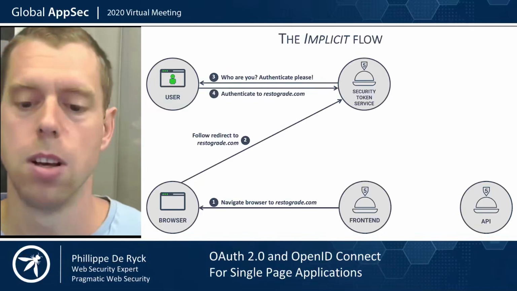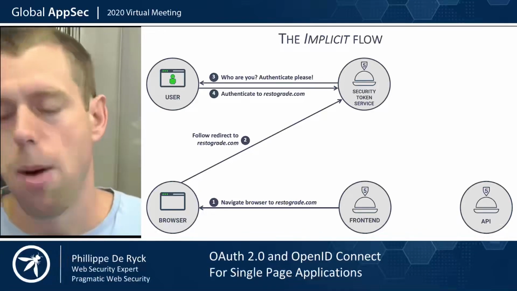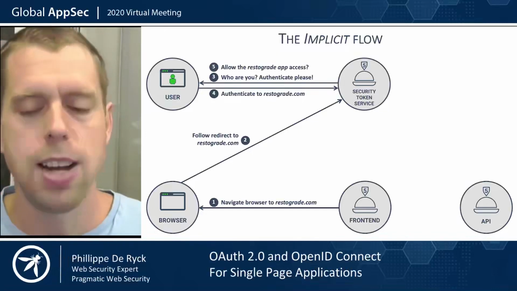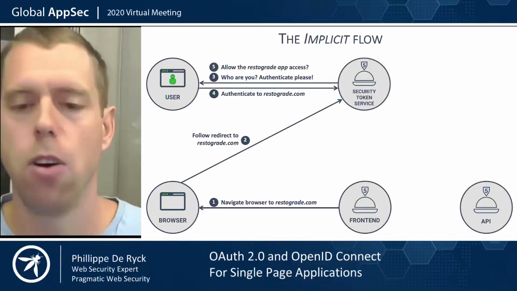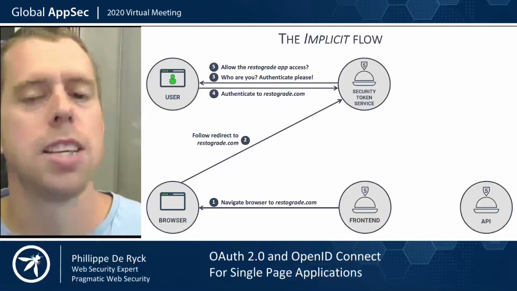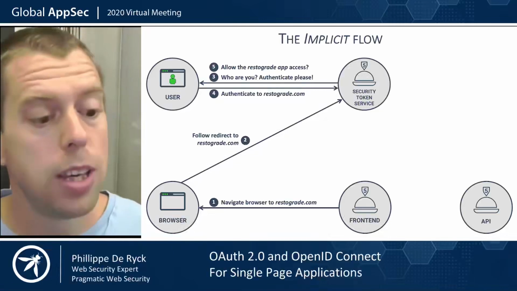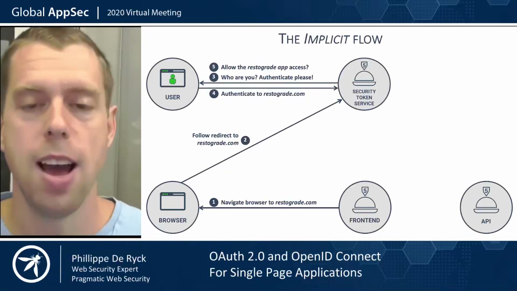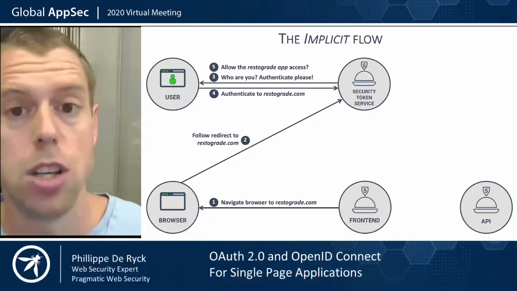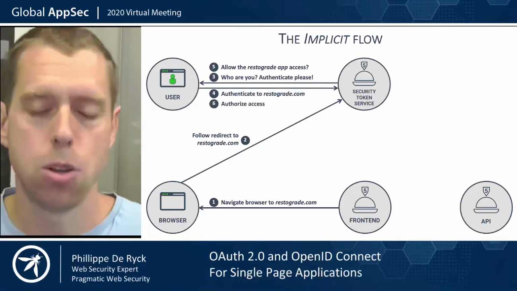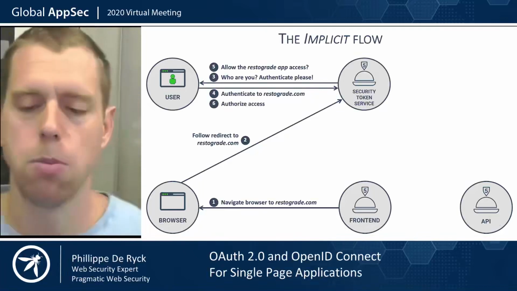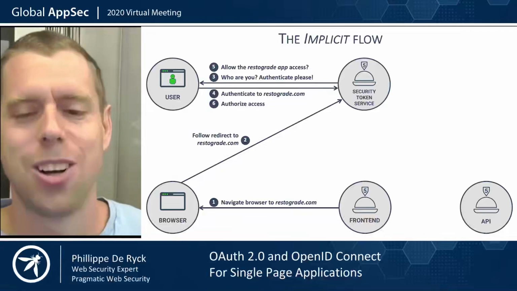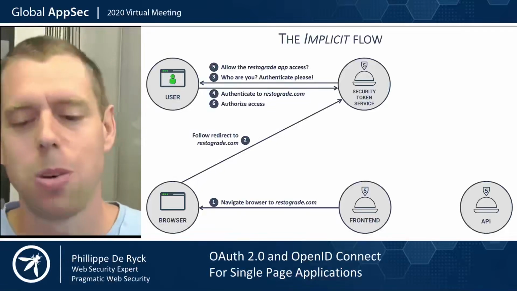security token service. In this case, it might check with the user if the user is fine with sharing access with the retrograde front-end application. So basically, the STS is asking the user, I'm going to give that app an access token. Are you sure you want that application to act on your behalf to the API? In this case, the user obviously wants that, so the user authorizes that access. That's step number 6. You may have noticed that OAuth flows get complicated really quickly, but we're almost there, I